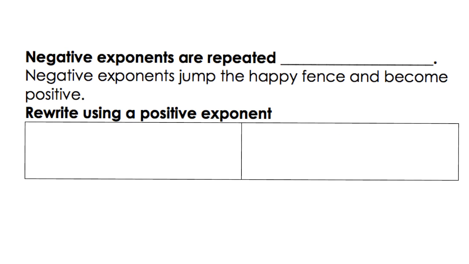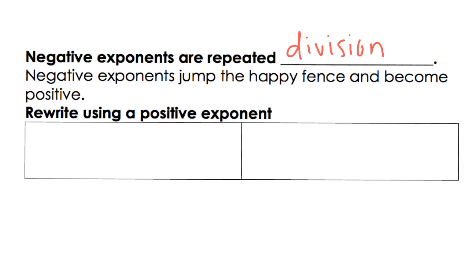Okay, just like positive exponents are repeated multiplication, negative exponents are repeated division. And a trick I like to use to help me remember how negative exponents work is to use the happy fence. So negative exponents always jump the happy fence and become positive. So the first kinds of examples we're going to look at are ones that you need to rewrite using a